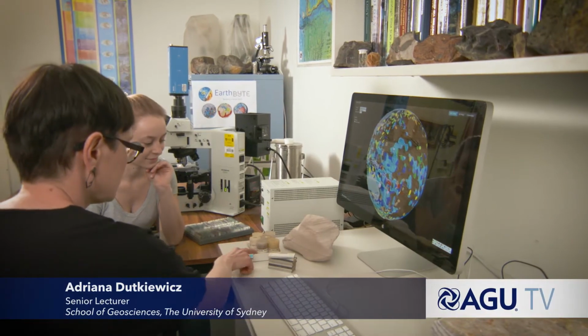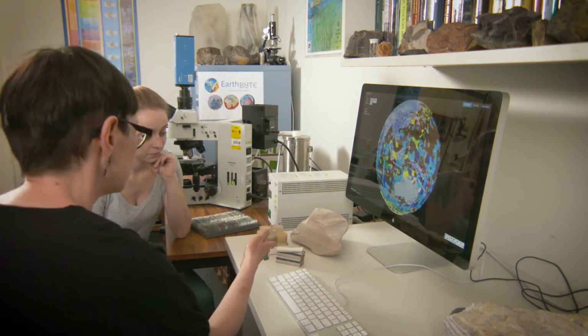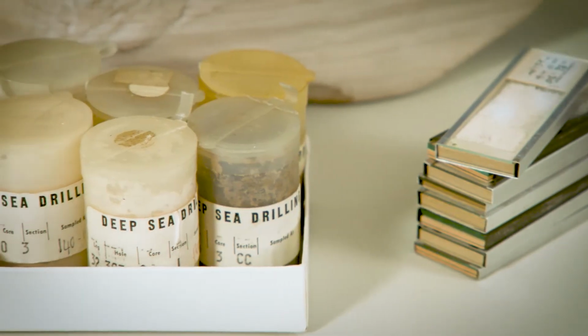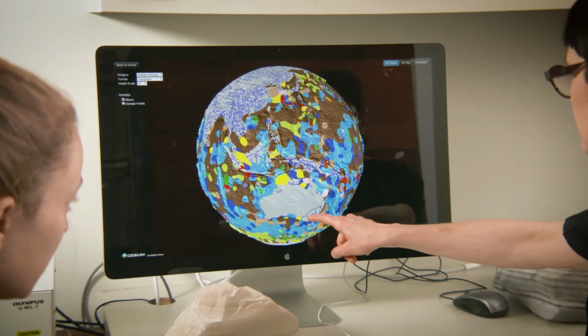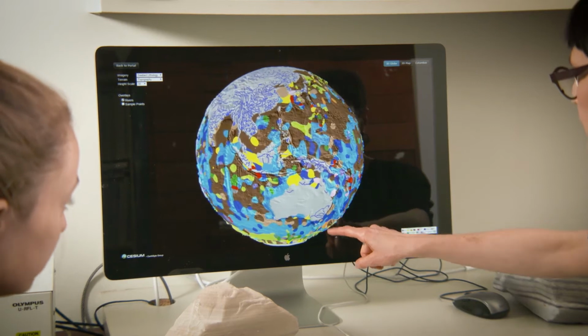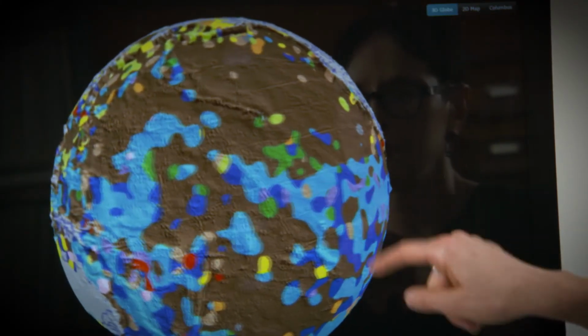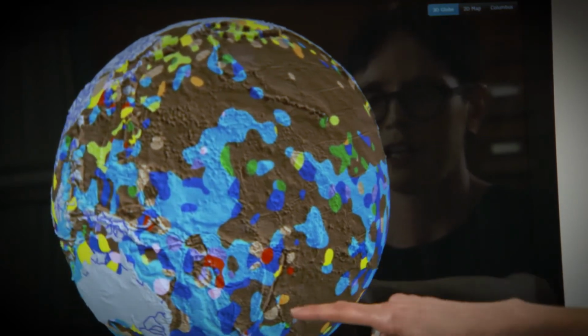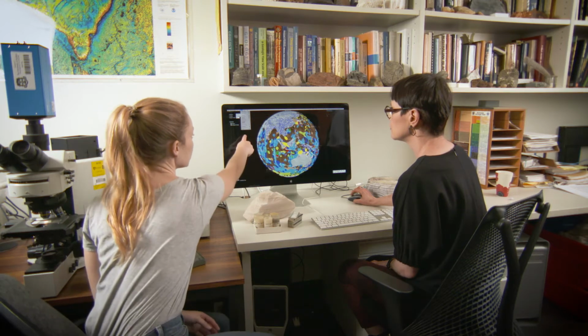I'm a sedimentologist. I have a special interest in marine sediments and the application of machine learning methods to large and complex sedimentological data sets. We recently produced a 3D digital globe of seafloor sediments. The globe incorporates descriptions of about 15,000 samples collected from the seafloor on seagoing voyages over many decades. The globe is an excellent research and teaching resource.